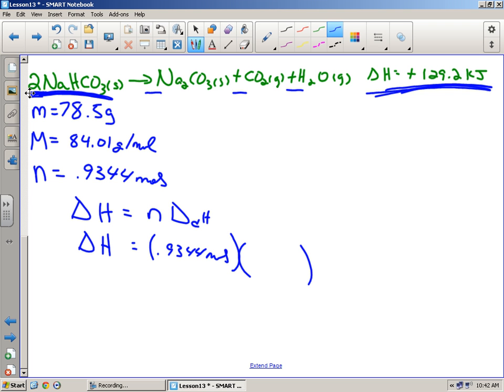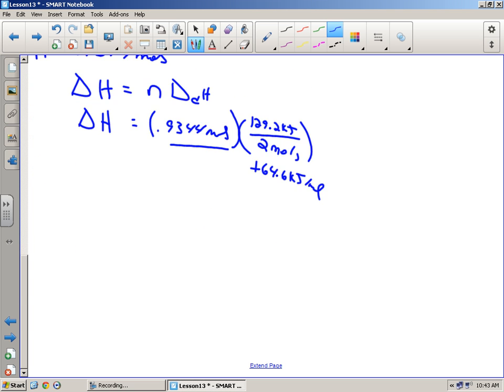If I break down 1, this is 129.2 kilojoules for 2 moles of sodium hydrogen carbonate, per mole, molar enthalpy of sodium hydrogen carbonate, which, by the way, works out to be about 64.6 kilojoules per mole. It requires 64.6 kilojoules of energy to break down 1 mole of sodium hydrogen carbonate. I don't even have a mole of sodium hydrogen carbonate. I have 0.9344 moles. Therefore, if I multiply those two, I should get a positive